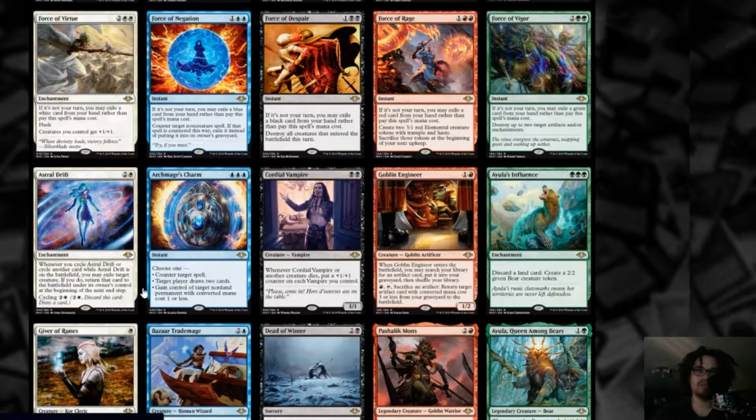Counters a spell, you can draw 2 cards or target player if you feel like being that guy, or gain control of target permanent with CMC 1 or less. It's more of a modern thing on the bottom there, but that's still really good. You want this in Commander, especially for the top 2 parts. Sometimes you need a counterspell, sometimes you just want to draw cards, and it's instant speed. That's nuts. This is gonna slot right into every